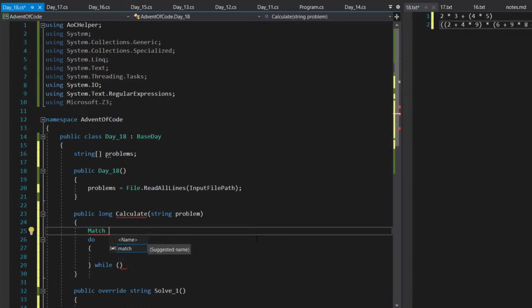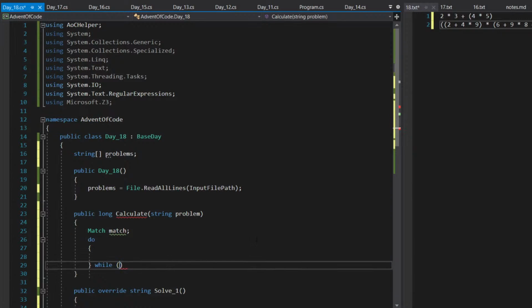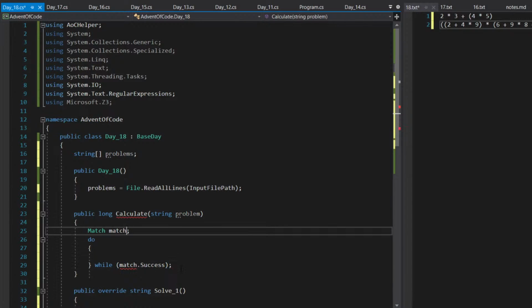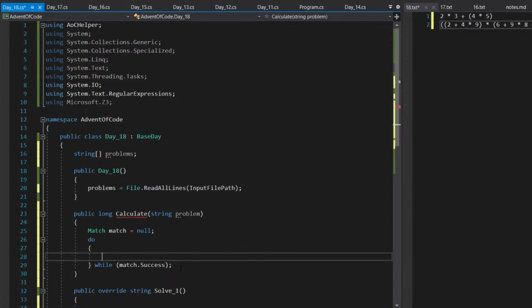What do we call these? Let's just call this match. Well, match is success. Okay, yeah. Okay. So we're gonna say match equals regex.match